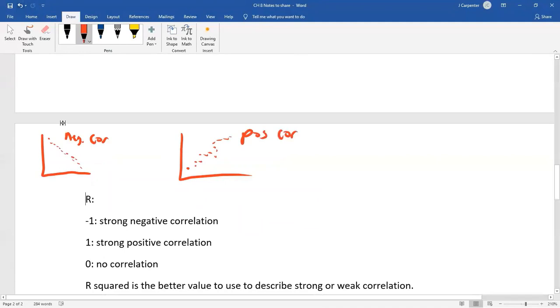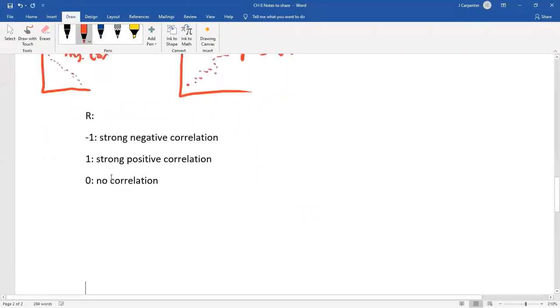So if the R is negative, it means the slope of the line is negative. If the R is positive, it means the slope of the line is positive. That's a very easy thing to associate between them. The closer to 1 or -1, the stronger the correlation. So 0 means no correlation. So if you have something like this,